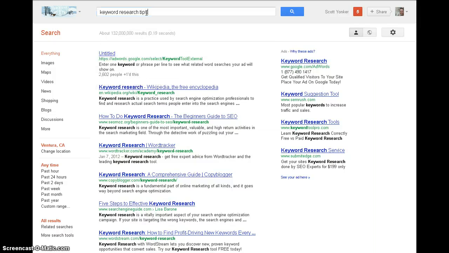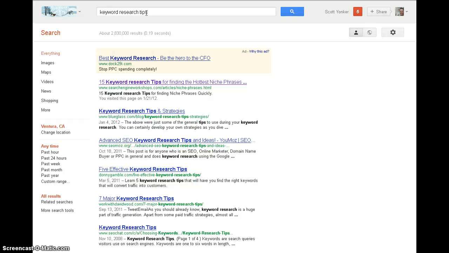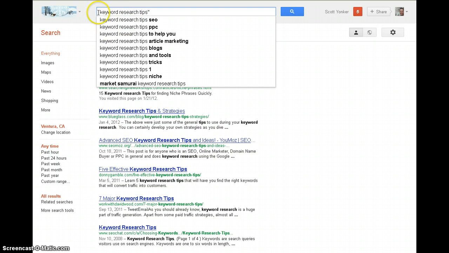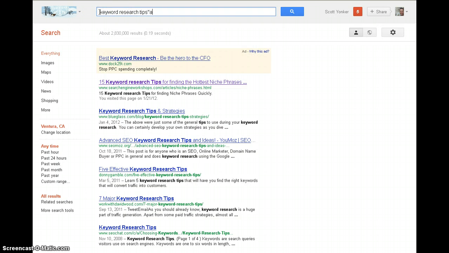Now we basically need to experiment with different word phrases to see where that sweet spot is. So we can see the results are not nearly as high as the keyword research phrase, which was 124 million. Here we have just less than 3 million results. So that's definitely less, but it's still substantial. It could be worthwhile, but before we make any kind of decision, we need to see what our competition is doing. So again, we want to type in,